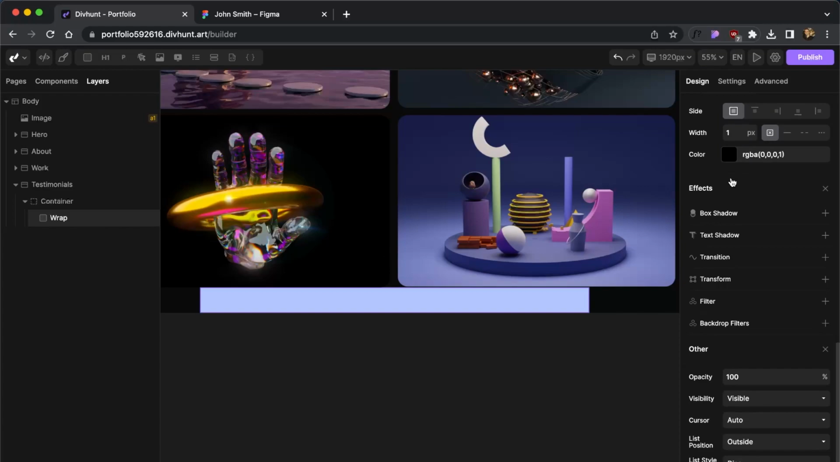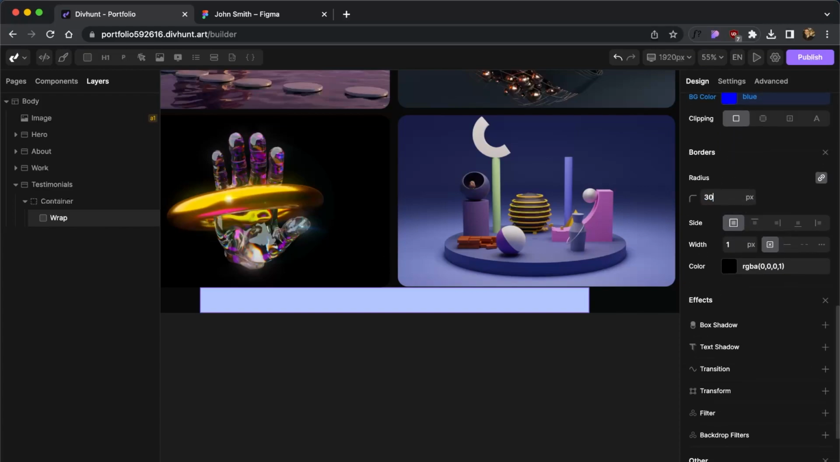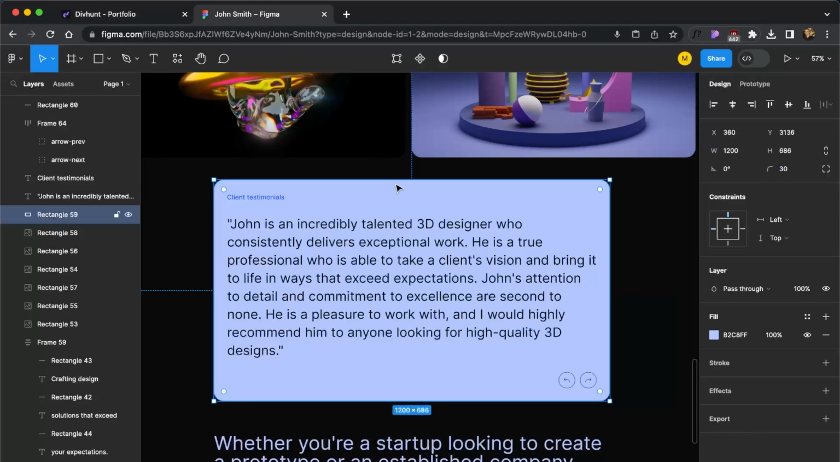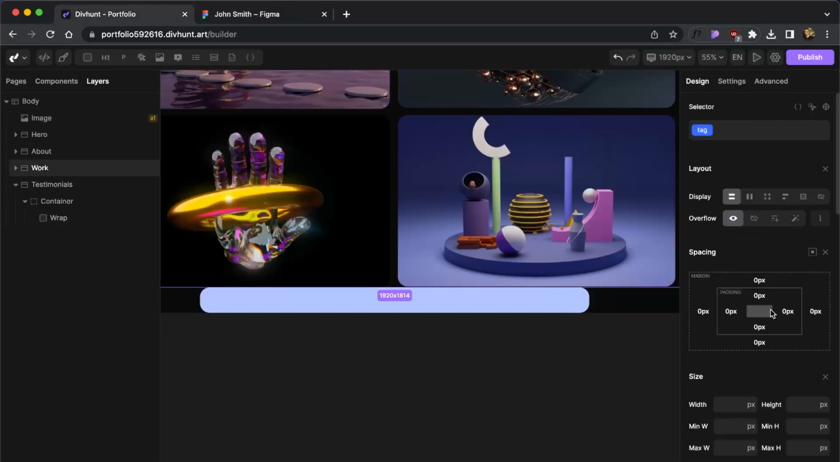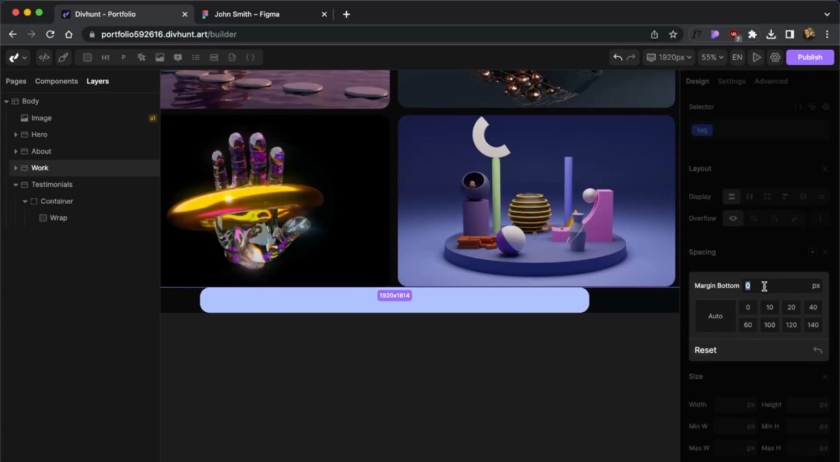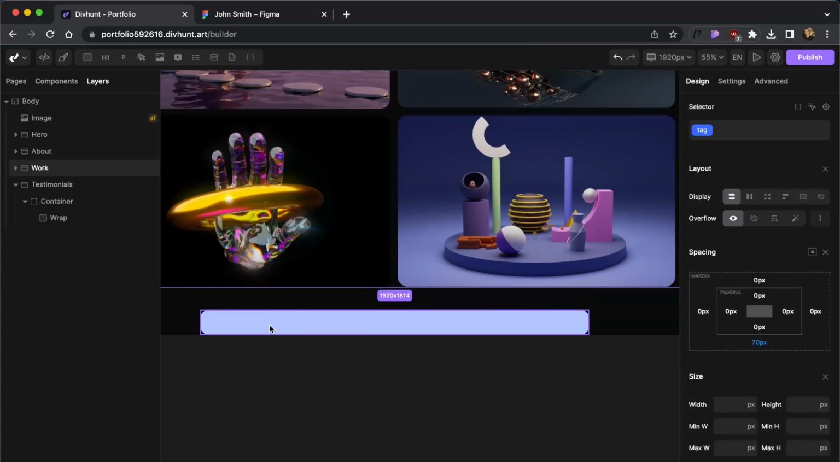So border radius of 30, that's fine. We didn't set any padding, so it's around 70. So let's select the section above and give it the bottom margin of 70. All right,